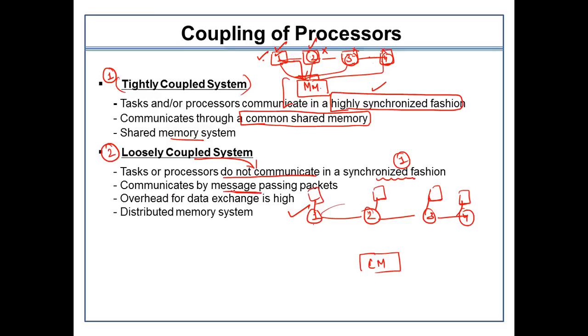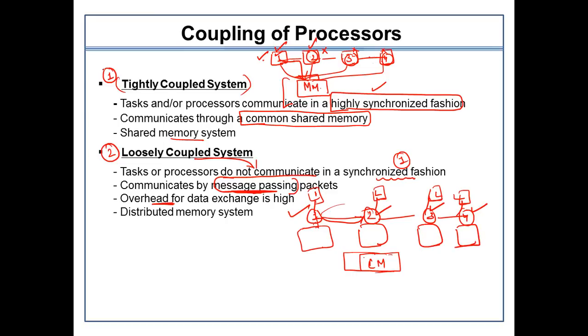As the message passing technique is being used, a processor always has to take care whether a message is intended for the second, the third or the fourth processor. Accordingly, whichever processor gets that particular message has to respond back. So an overhead condition exists. A distributed memory system is required, as I said. Now we are not working on the common memory mechanism. One common memory is distributed into local memories, and the main memory is also divided or segmented.